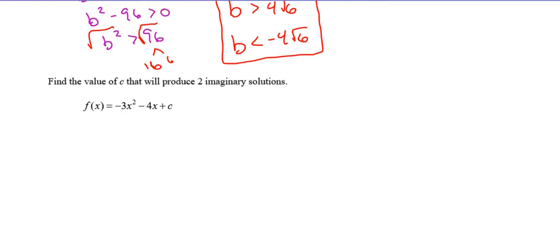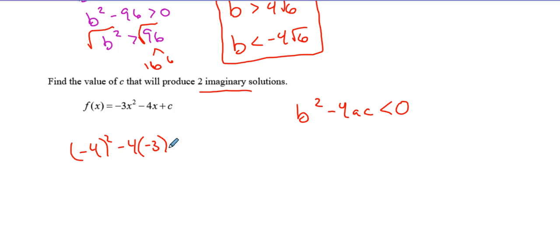The other way this could be asked is find the value of c that will produce two imaginary solutions. So it doesn't tell me if it wants it positive or negative. It tells me imaginary. So that means I have to realize that b squared minus 4ac must be less than 0 to get imaginary solutions. So again, we're just going to plug in the values I have, which is negative 4 squared minus 4 times a times c, and make that less than 0. So I get 16 minus plus